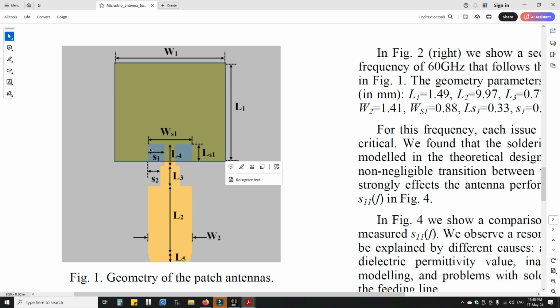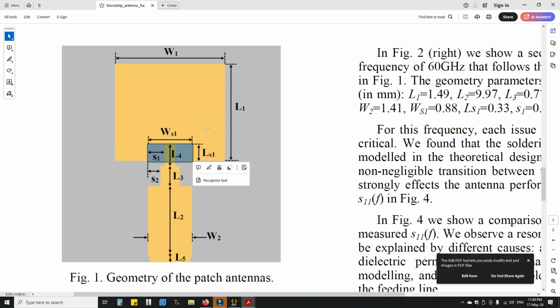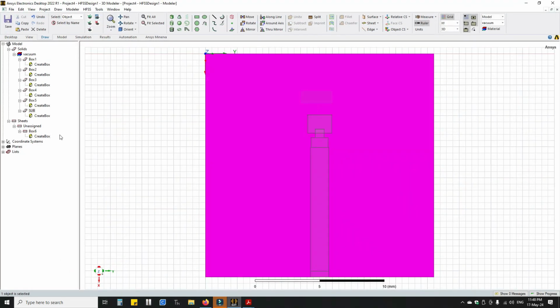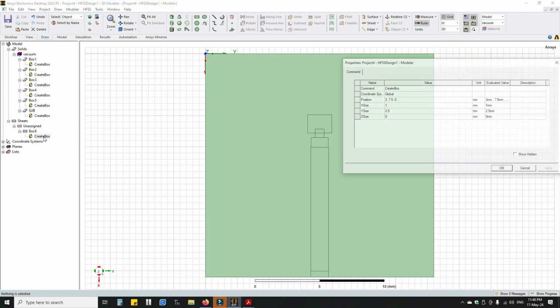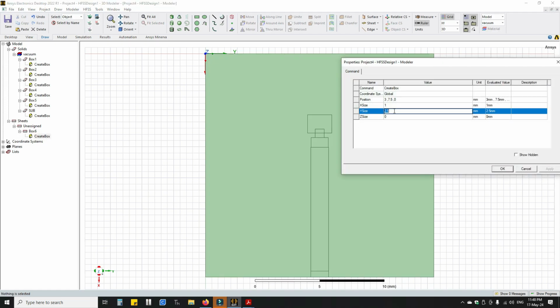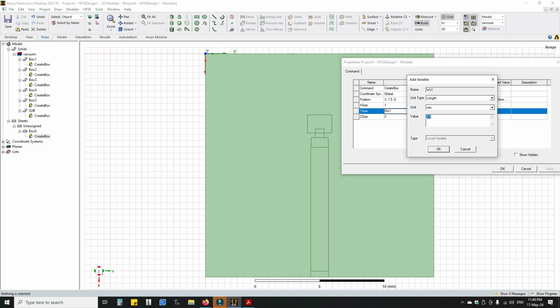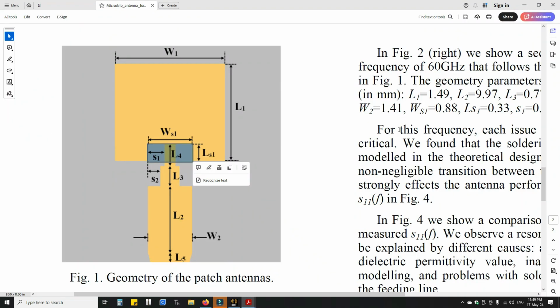For that purpose I'm going to create this box, and then I'm going to subtract from this to this. You can see the width of this new box is WS1, WS1 is mentioned, it is 0.88,